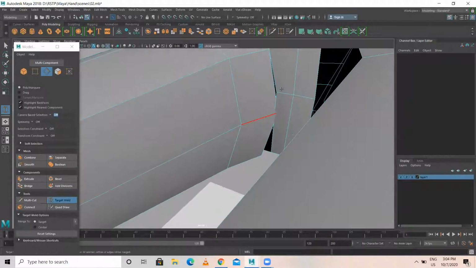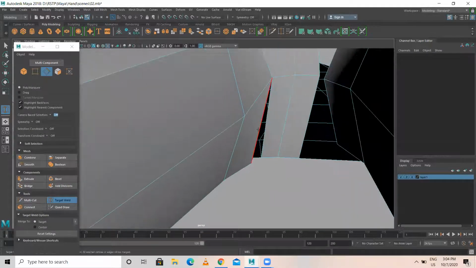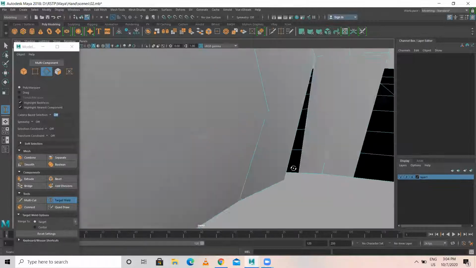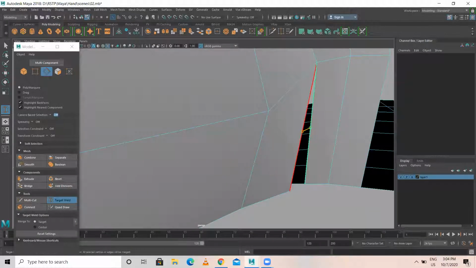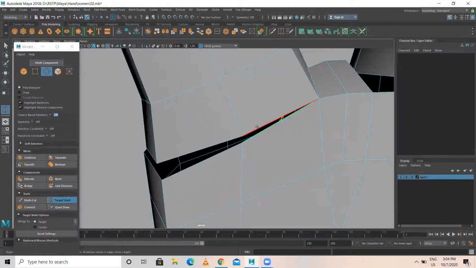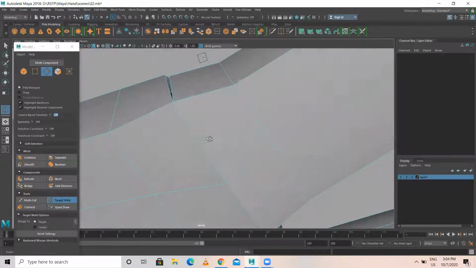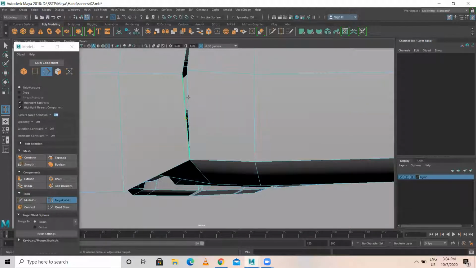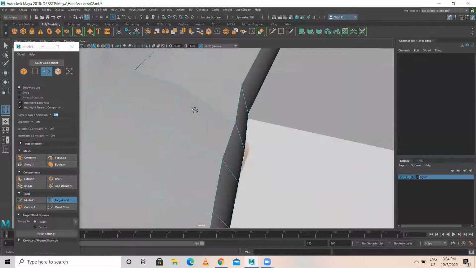Similarly, just drag. Okay, make sure you're selecting the right edge. Click. Make sure both, when you're doing this, will be highlighted in red color. Okay, now this is done.